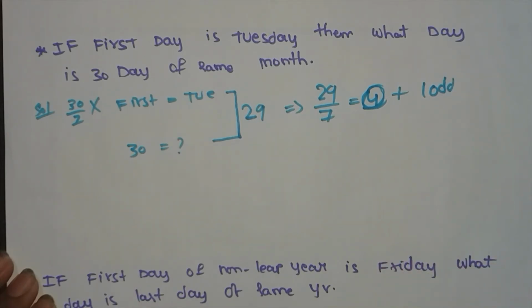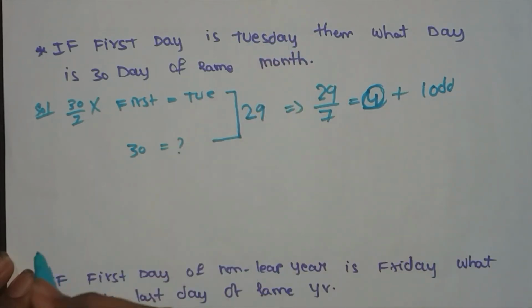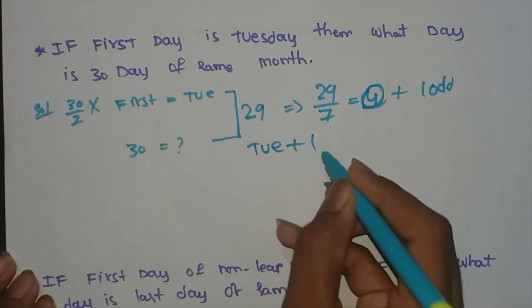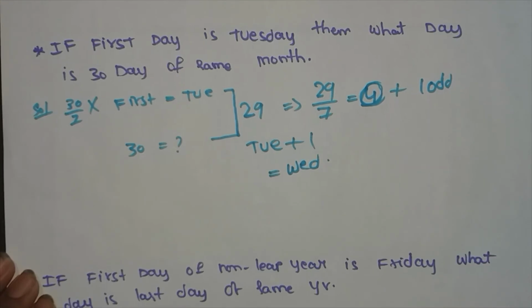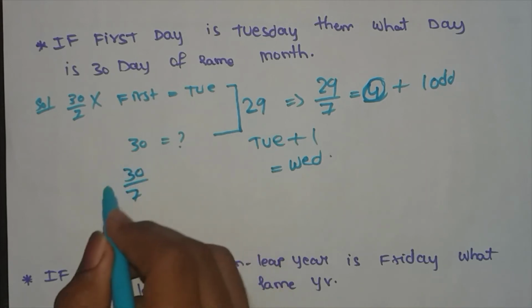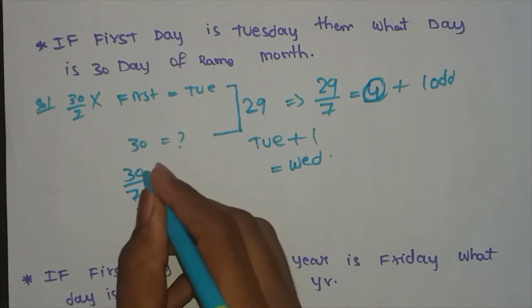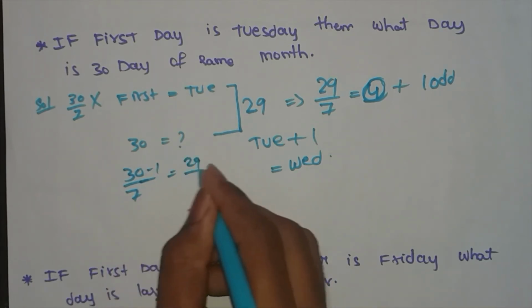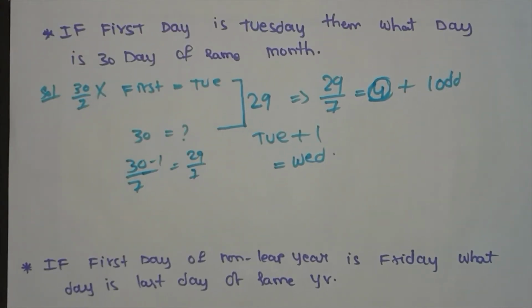I have asked in the question for the 30th day of the same month, that is after, which means it is a progression. So I have to add this 1 extra odd day to the given Tuesday, that means Tuesday plus 1 gives me Wednesday, right? So the big mistake you make is simply finding the number of odd days for the whole 30. Here in the question they gave the first day, so subtract 1 from it, and it gives 29 by 7. That is the correct method, and you can approach it in a very easy manner. When the first day is given, find the number of odd days for the remaining numbers.